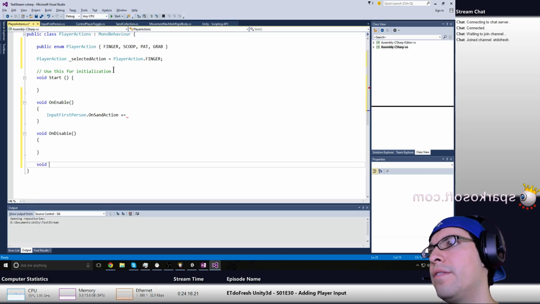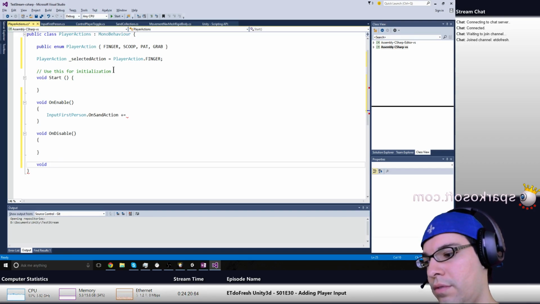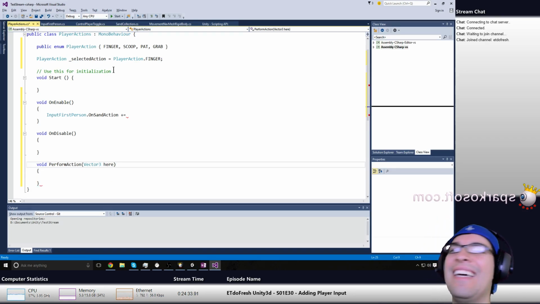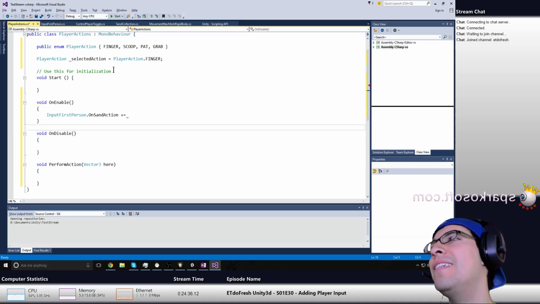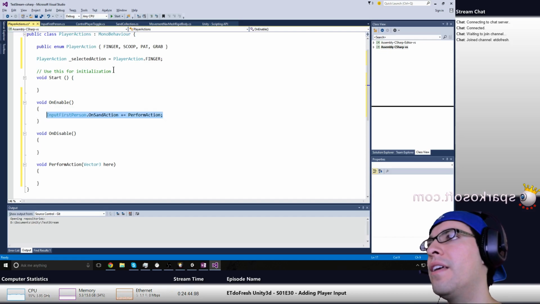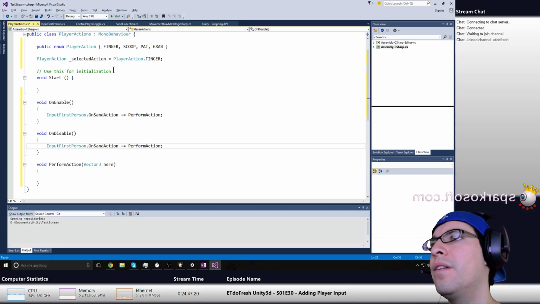Void perform action, and then this would be a vector 3. Perform action here. Okay. So we have on sand action equals perform action, should be just fine, and then on disable we will not